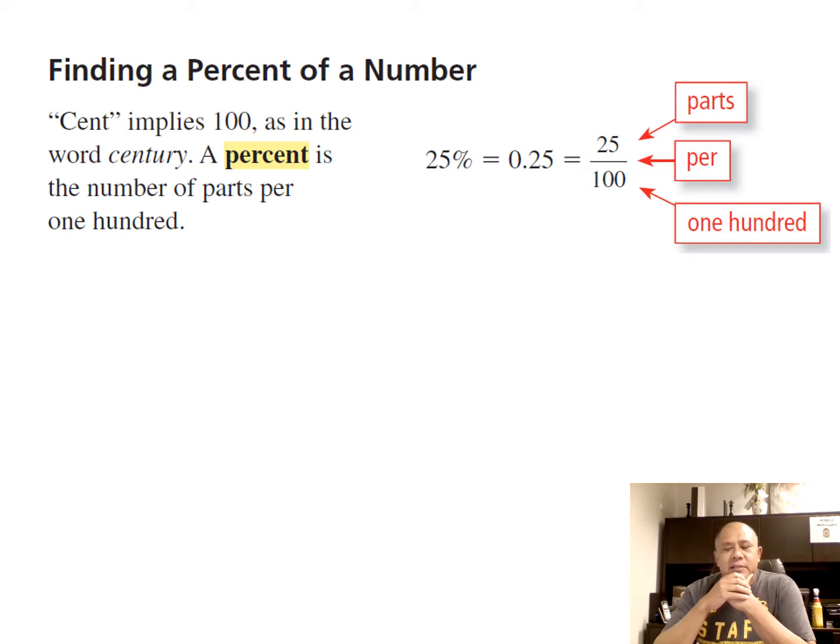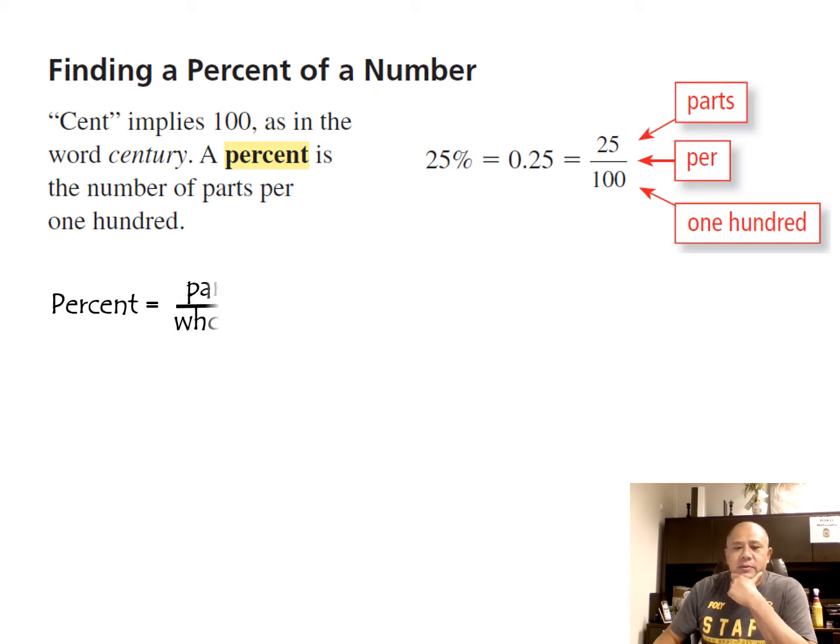25% as a decimal is written 0.25, just like a quarter, right? And that means 25 parts per 100. In other words, let me explain it this way. Percent is equal to part of a whole. So let's say, for instance, if I wanted to find a percentage of something,